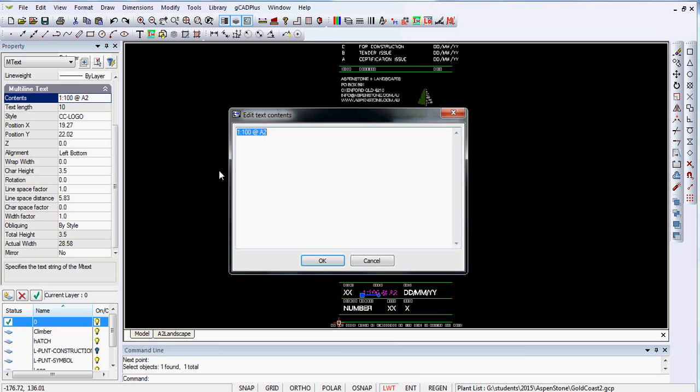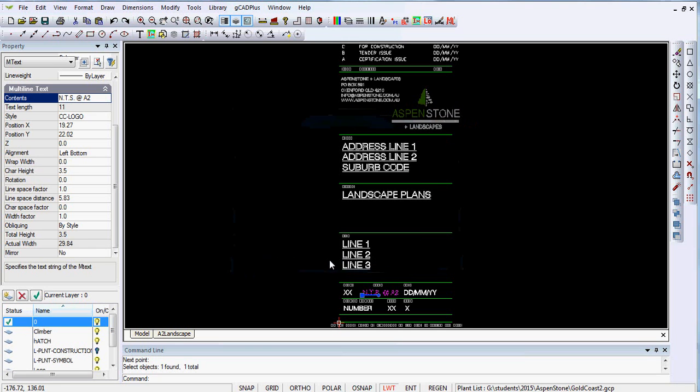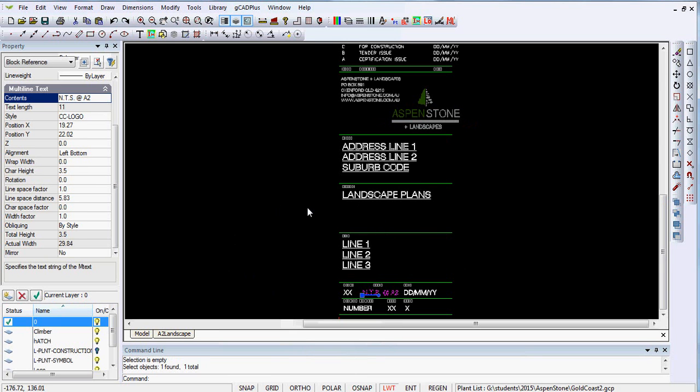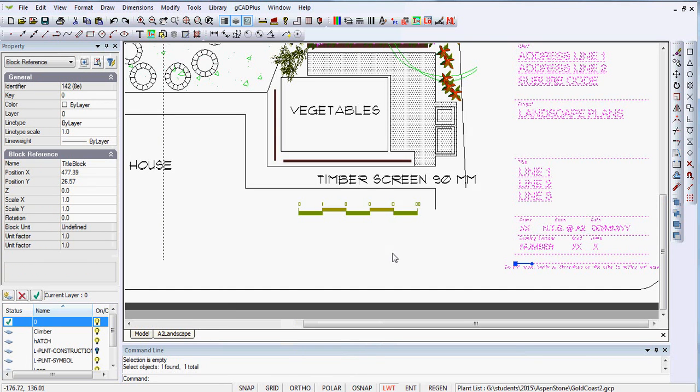So if we click in here, we can say in capitals, caps lock on, N.T.S. not to scale at our A2 sheet,